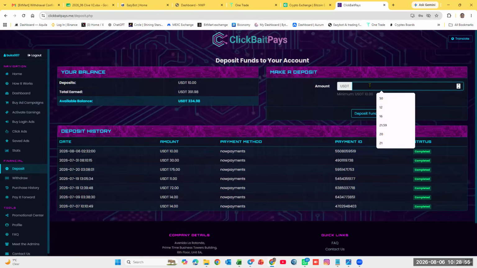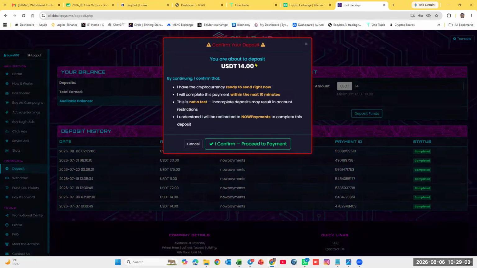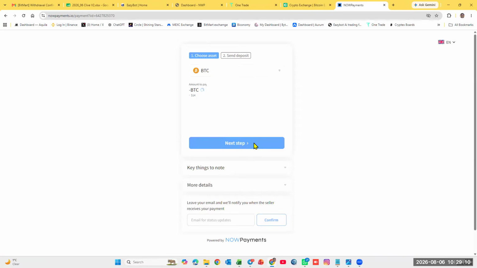I'm going to deposit as, say, for instance, a beginner. I'm going to add $14 to this account. Click on deposit. I just click on confirm to proceed with the payment. What is quite important is when you come to the screen, do not close the screen until your funds have been paid in.